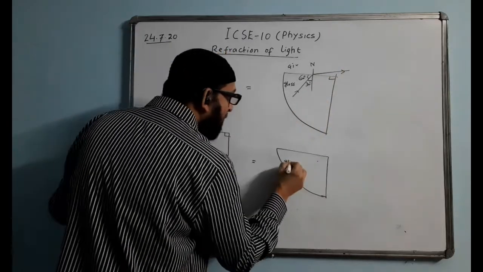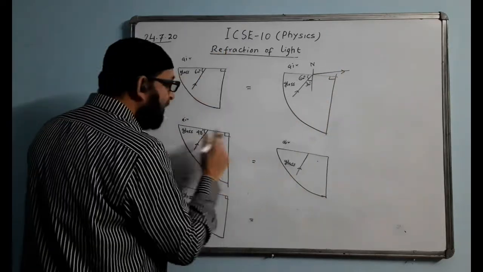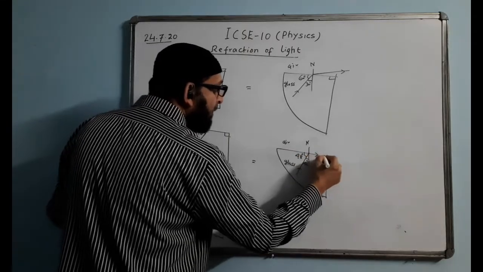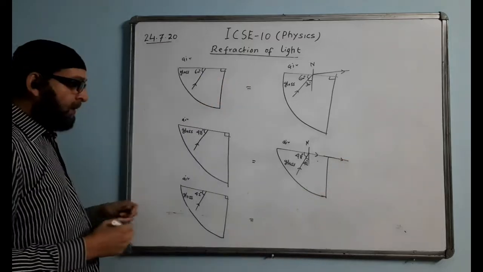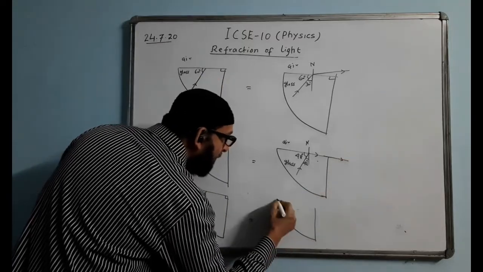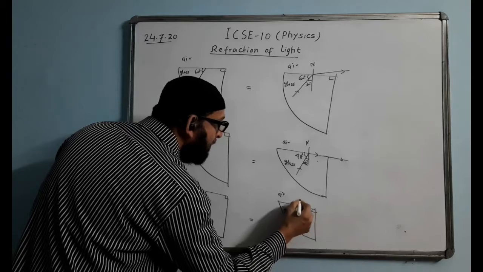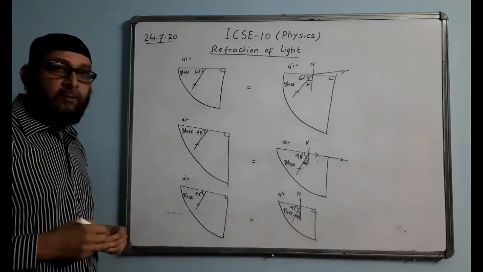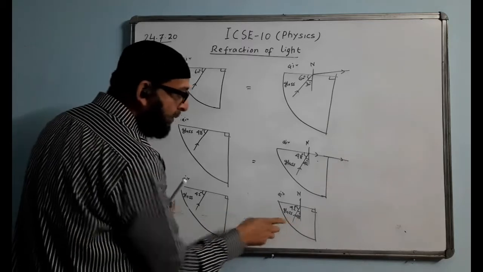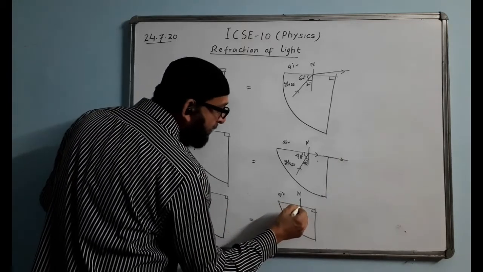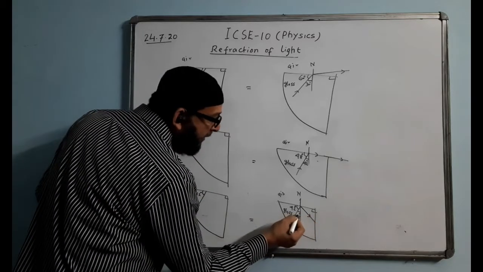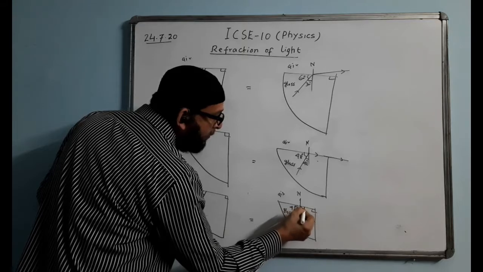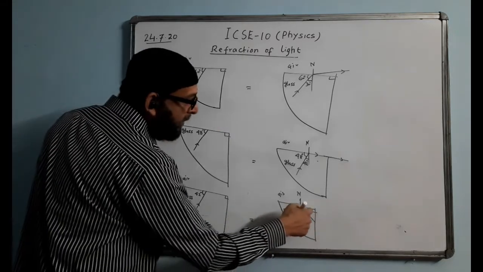Second diagram. Again glass, air. Now the angle is 48 degree. So this angle will be 42 degree. So it is the critical angle, so the ray will be just touching and going. And the third diagram. See the third one. This is 42 degree. Normal. This angle will become 48 degree, which is more than the critical angle. Here 48 degrees coming. Then TIR will take place. So TIR means the ray is coming here. At reflection time the angle becomes the same. This is 48, so this will be 48. This is 42, this will come 42. 90 minus 48 will become 42.